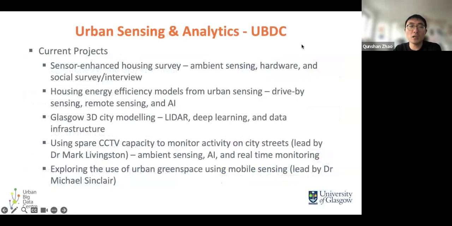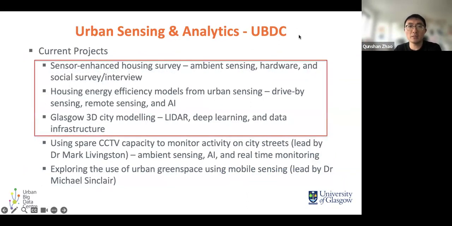In UBDC, I am leading the urban sensing and analytics research direction. We have a series of projects, and it's not that I handle all of them, but today, if I have time, I will mainly discuss the first three. The first one is the big sensor enhanced housing survey we have done in the past 3-4 years, and